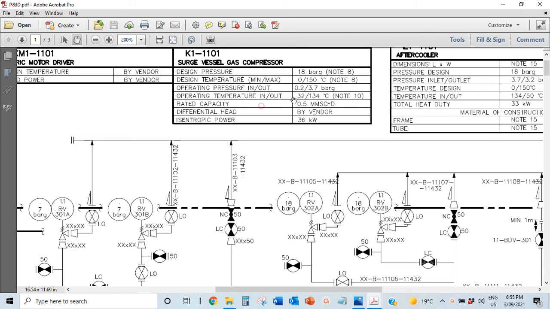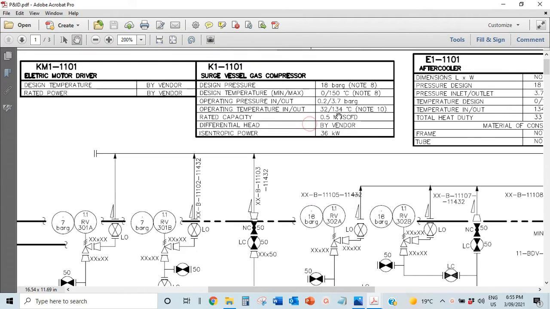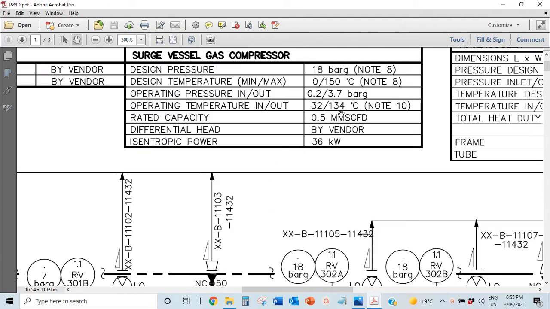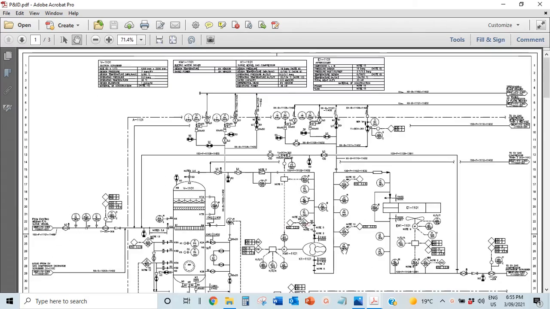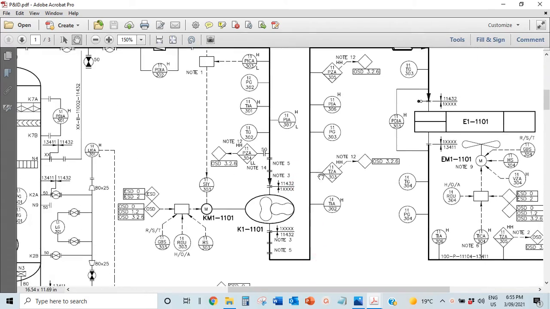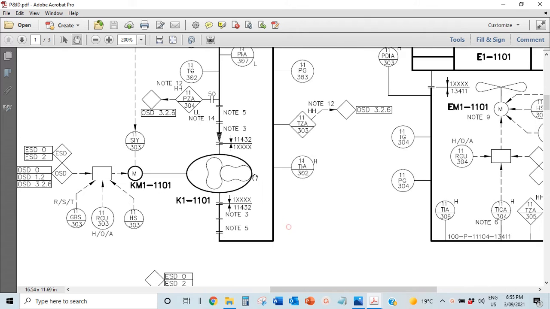So the temperature came in at 32 degrees Celsius, and it's going to go out at 134 degrees Celsius. So that's really high. So the gas going out here is much higher. The temperature is higher, the pressure is higher. And that's why you have the pressure gauge, the temperature indicator, the pressure trip here, so that whatever process